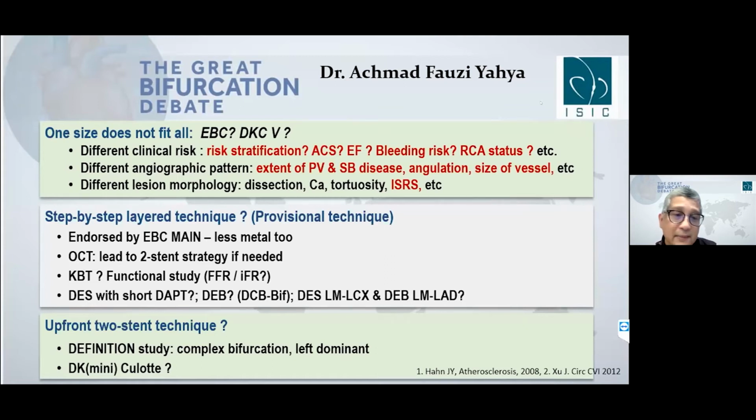If you look at the diameter of the left main, I think it's 4 or 4.5. Not all stents, especially the old stent, have the capacity to overexpand in this kind of diameter. Maybe the acute result is good, but there's a chance of stent fracture in the long run. So anyway, if we are sure that it is a good stent and you can expand it from 2.75 to 4.5,